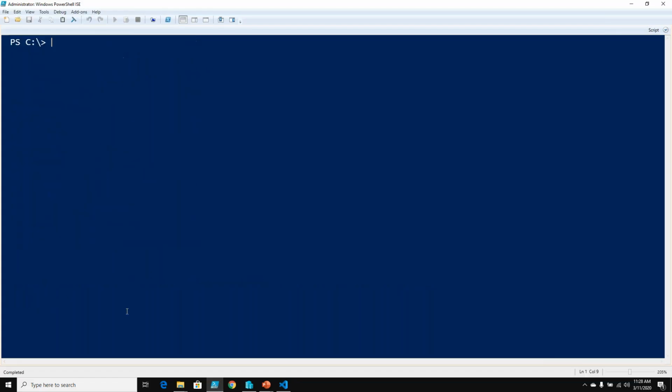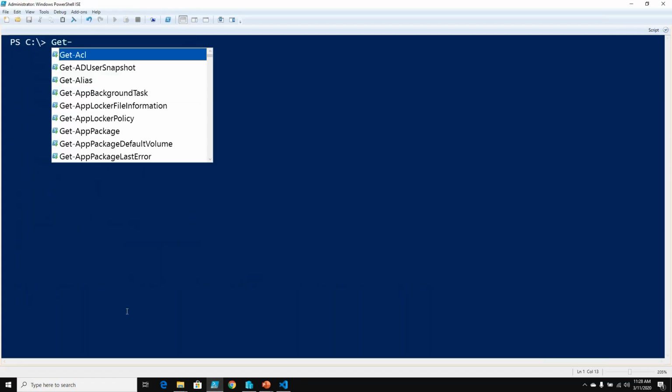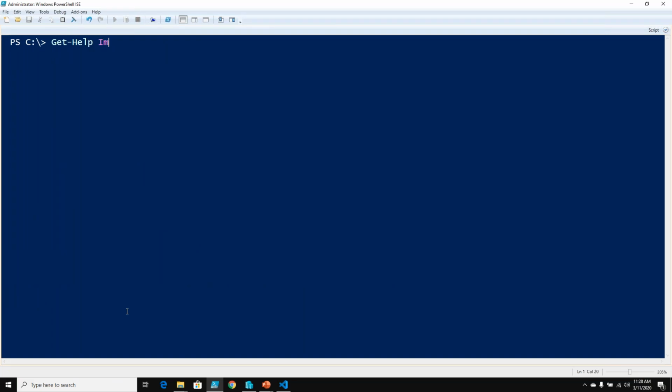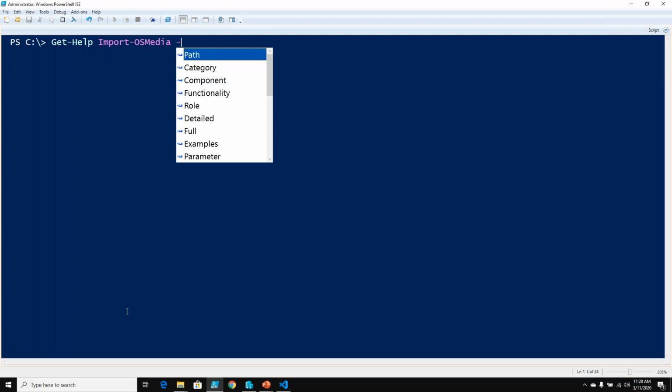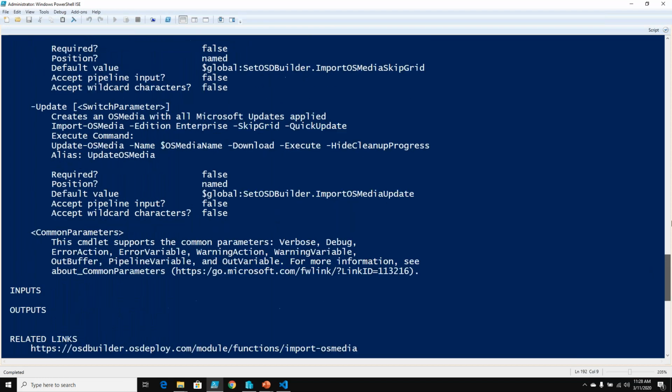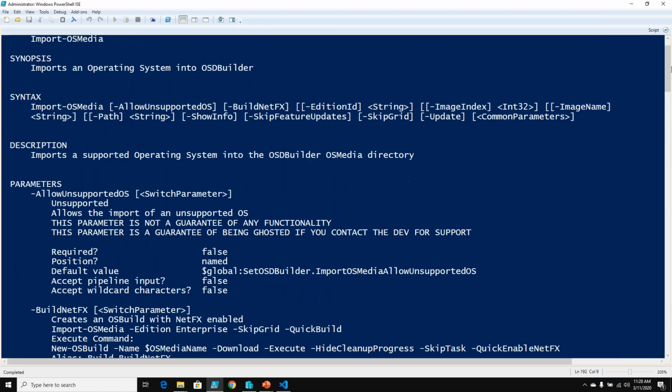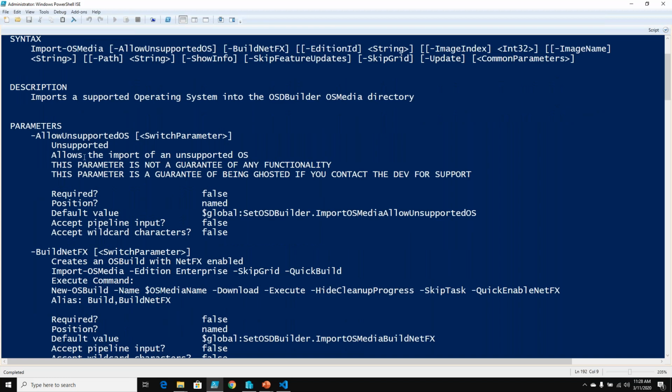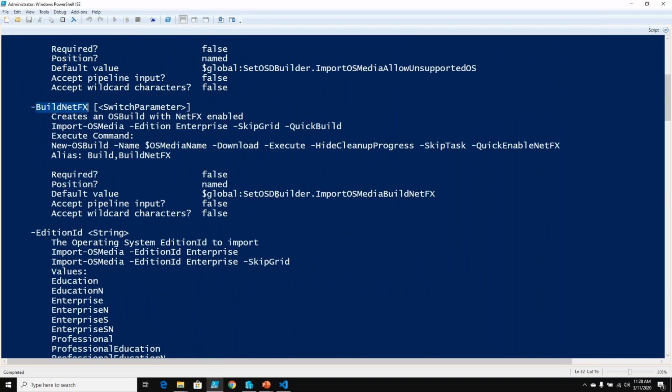And how do I know what we can do with this? Well, if we run a Get-Help Import-OSMedia, nope, not functionality. We can see that this information, and nobody reads help, but we can see here all of these parameters should be assigned a default value, and that default value is part of this